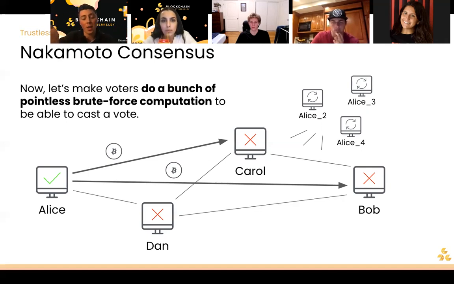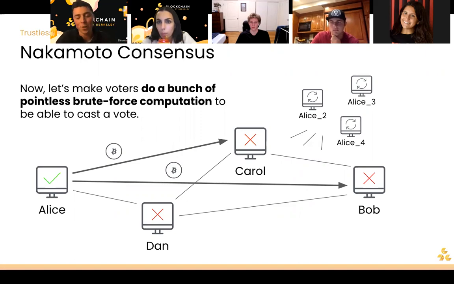And so there's actually no way that you can fake doing all this work, this process of throwing darts at the dartboard and hitting the bullseye. The reason this is so effective is, let's say you have an infinite number of darts. After a while, you can look at the dartboard and see that I've thrown hundreds of thousands of darts. When I see a dart in the target, then I know I solved the puzzle and I'm able to go on with the next step. Due to this brute force computation, which you can think of as throwing darts at the dartboard, we know exactly who solved the next round of the puzzle, or who is able to propose the next block.